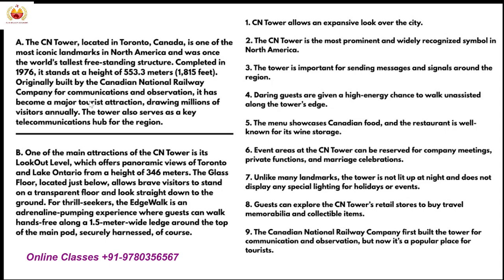The Canadian Railway, this observation, major tourist attraction, everything we have here. So ninth is also A. Okay, so we have got 2 A's, one is the third one, the other is the ninth one. Second is also connected to A, but the information is a mismatch, so we have put it E.